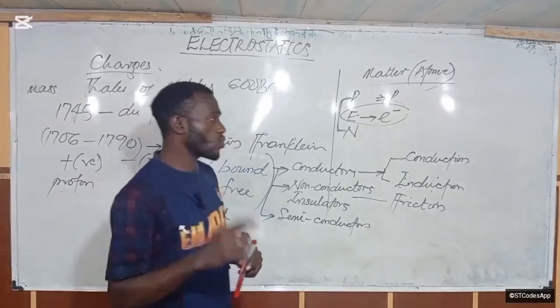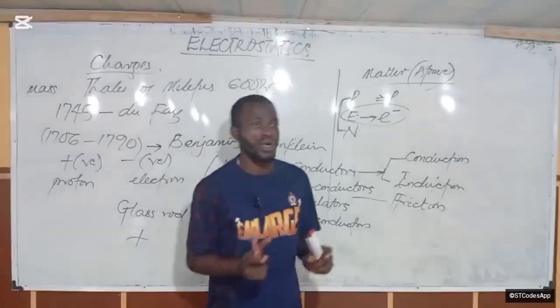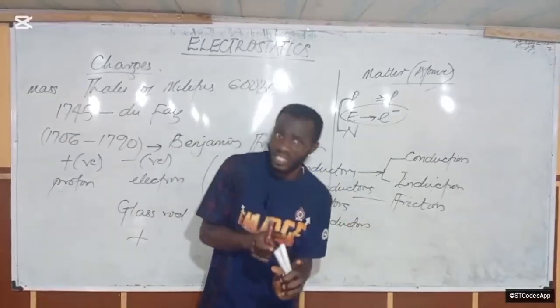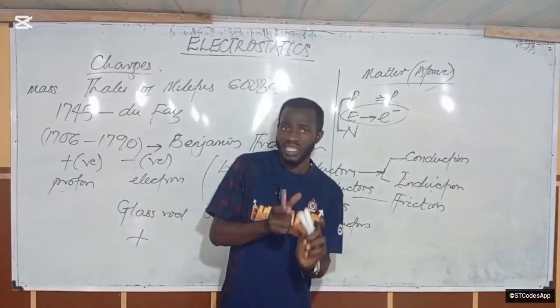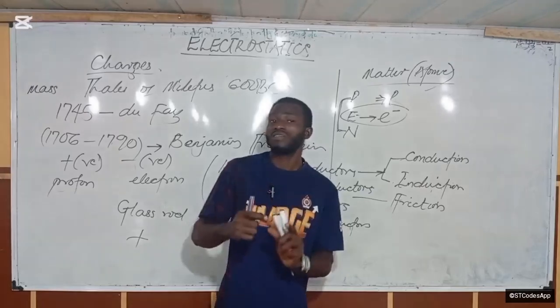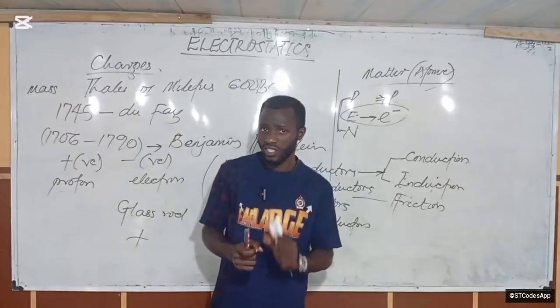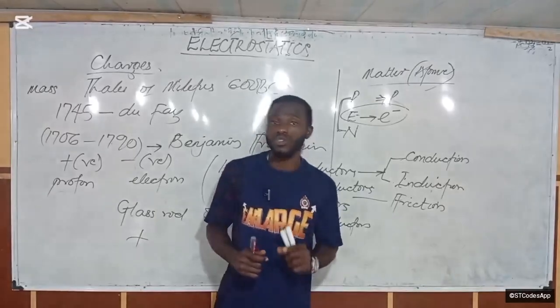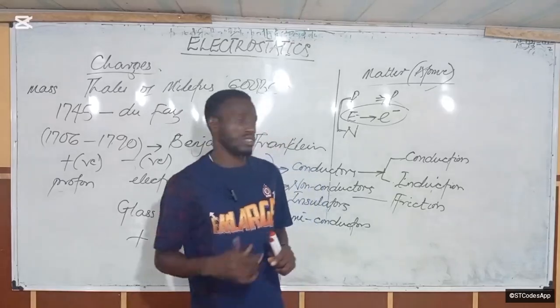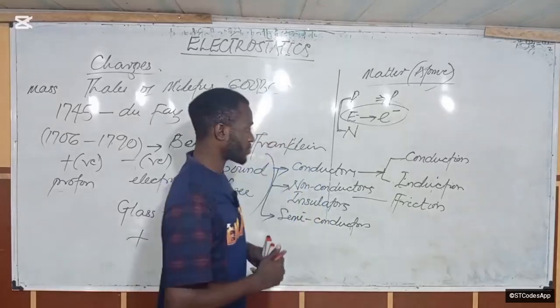Okay, now take note that even though one will have more electrons and the other will be positive, the total amount of charge that was there in the beginning will be the same amount at the end, even after rubbing against each other. And that shows you that charges are conserved. When we get to the properties of charges, we are going to talk about that.